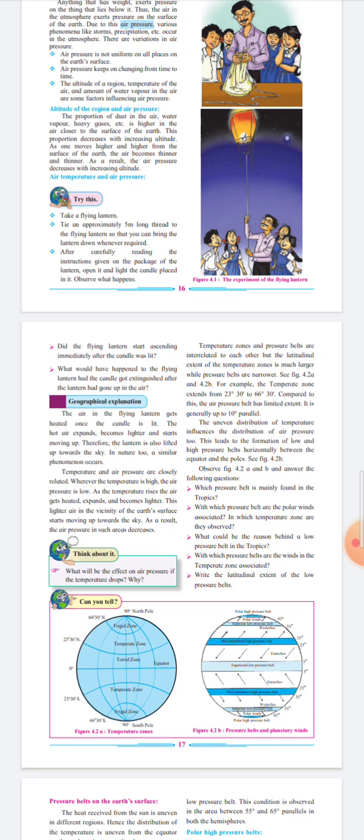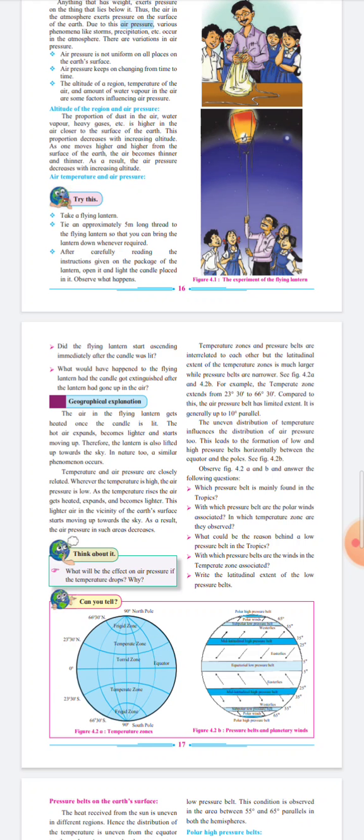Intensity of sun rays changes during particular periods of the year in both the hemispheres. You can see in winter how it becomes cold, and in summer we feel very hot. So intensity changes throughout the year according to the season in both the hemispheres. Hence the location of temperature zones and pressure belts also varies. Sun's heat also varies. Location of pressure belt also varies.